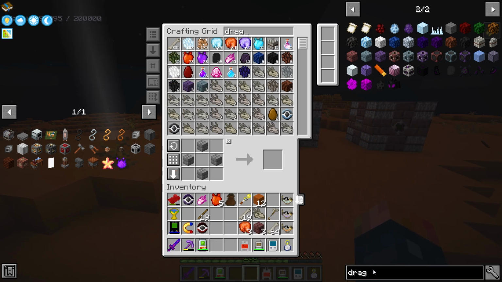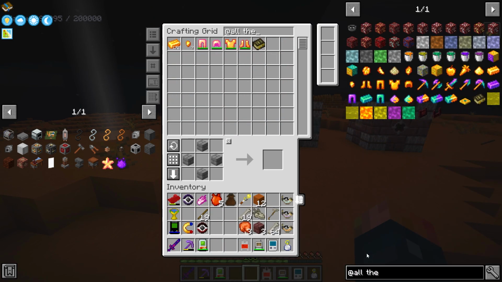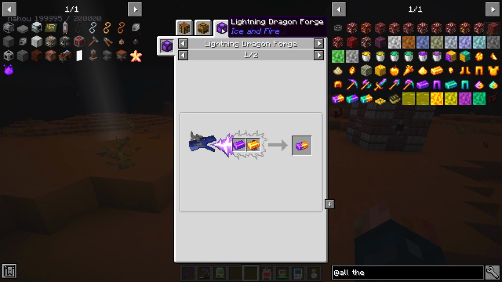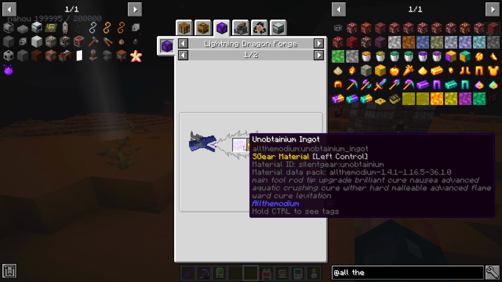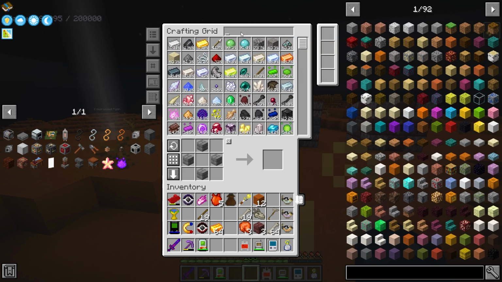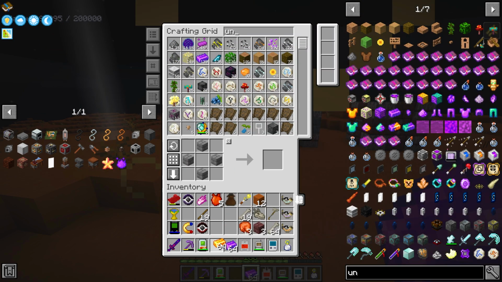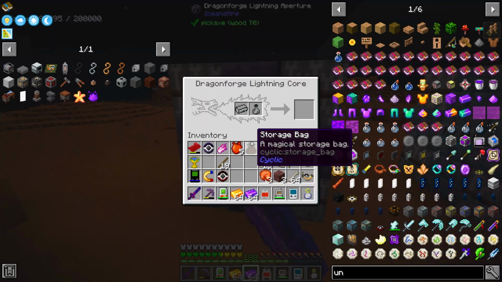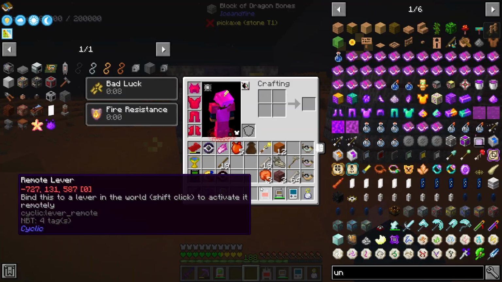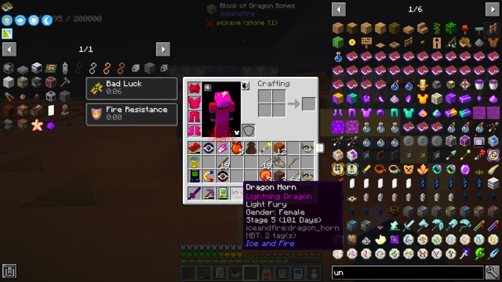Now, I do want to test this out. So, all the mods have this stuff right here that we need to make. Like, one of them requires this. So, all the modium and unobtainium together with a lightning dragon is going to generate this. So, we need all the modium and unobtainium. All the modium. Unobtainium. We put those together inside of a lightning forge, and we use our lightning dragon,